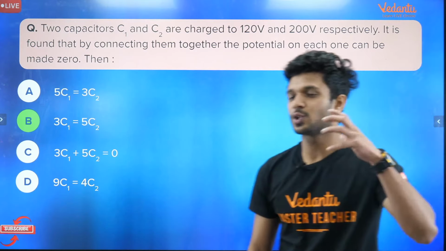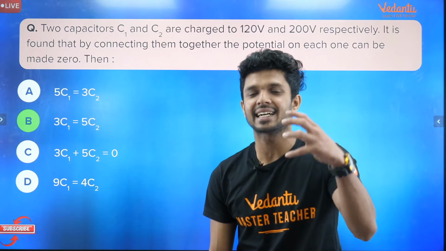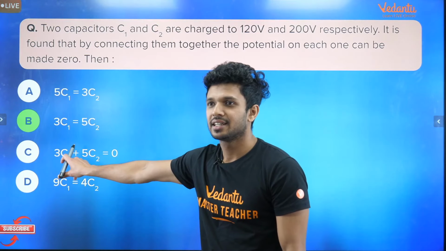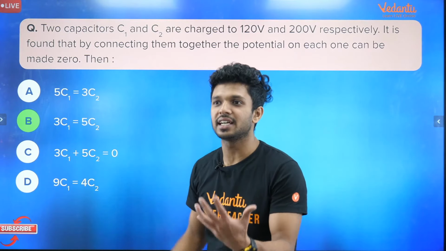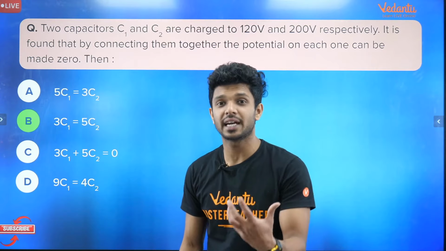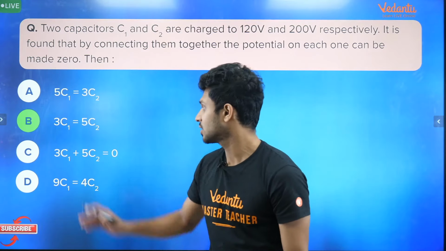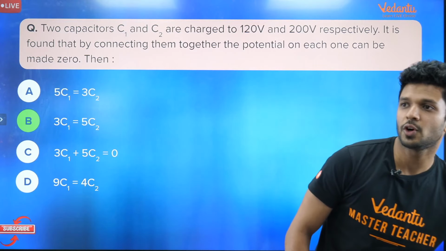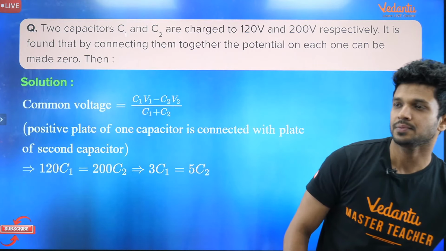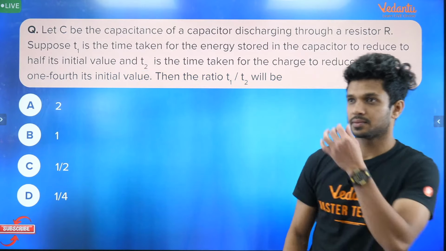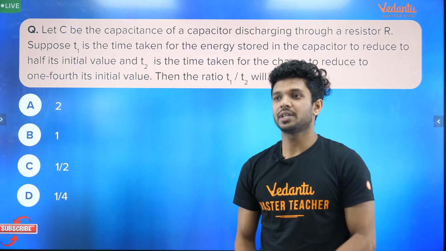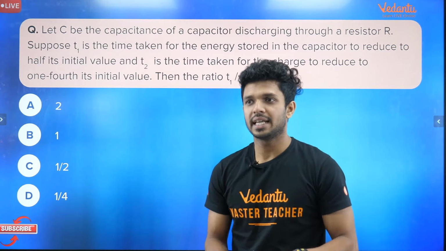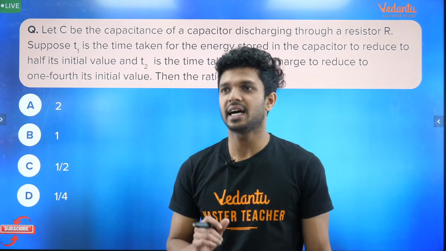That's why I told you that you must have very clear-cut knowledge, else you will go for option C, right? You will go for C if your theory was not that good. So make your theory so good, because I don't want any one of you to lose your marks just like that. So let's move forward. The next question we have is a bit higher level problem. Let me tell you, it is a bit higher level problem.